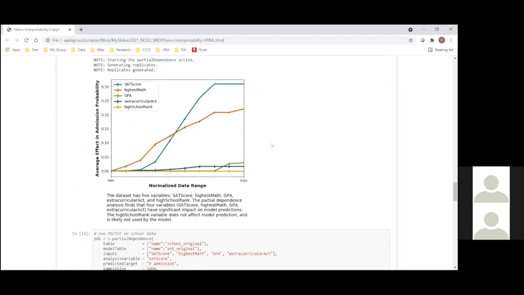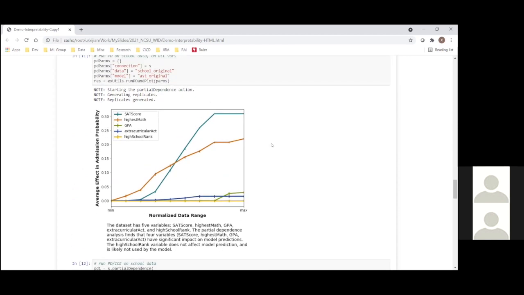The other example we talked a little bit about is the school admission example. So here, the model is trying to predict the admission probability given some of the student features. For example, SAT scores, math class taken, GPA, some extracurricular activity, and their high school ranking. So first of all, what we did was to plot the partial dependence for each of the individual features used in the model and see how the model in general predicts based on these